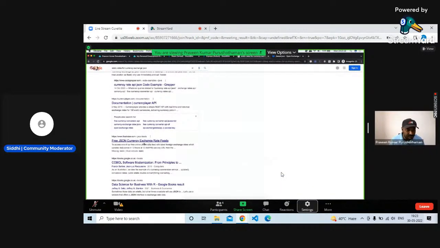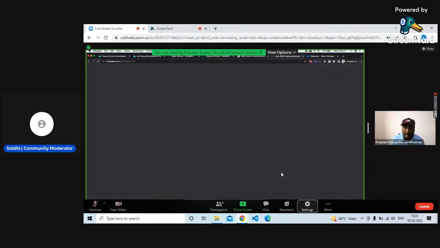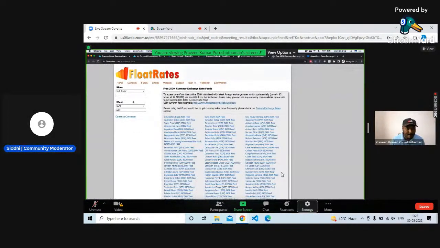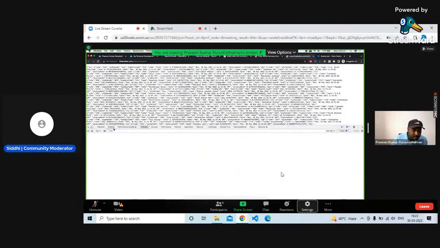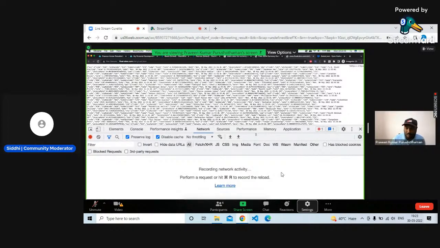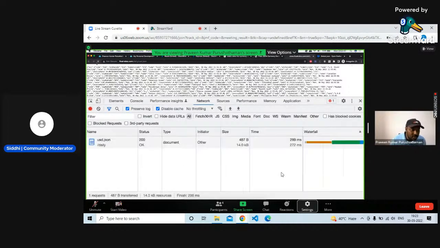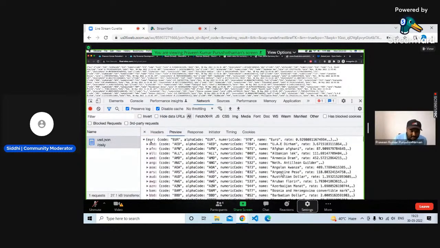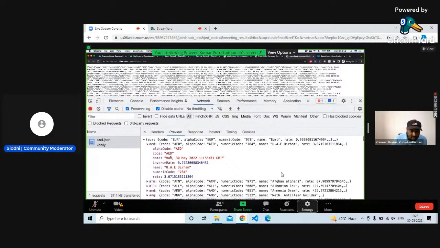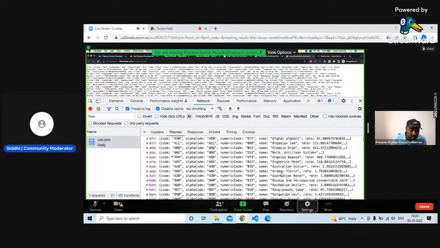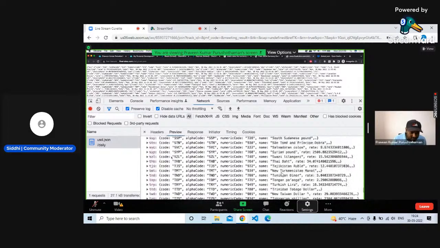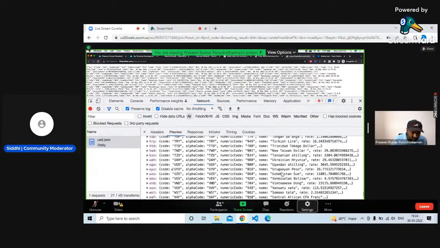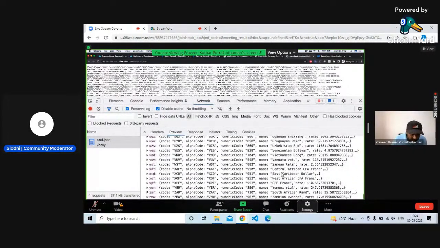Every single thing requires an app ID. Excellent. So we have got this particular thing. Let me try to show you what exactly this shows. We have something like this, AED, and then the rate with respect to USD. If you go to USD itself, it should be 1.0, I believe. So if we try to find USD,